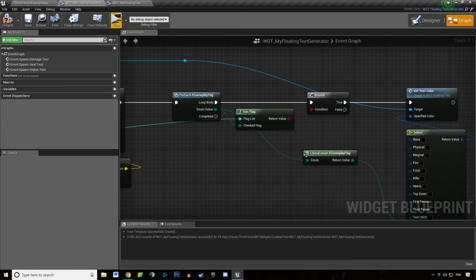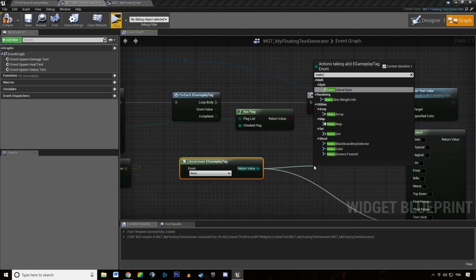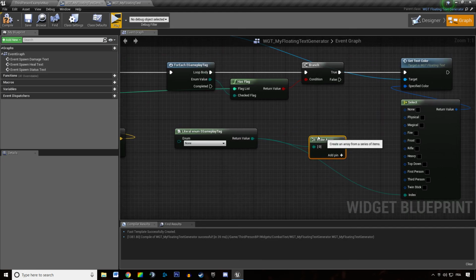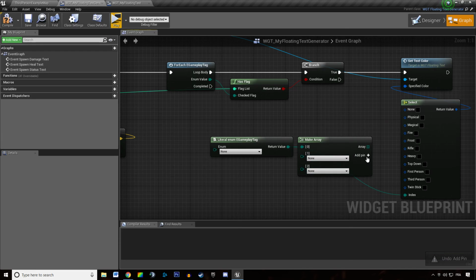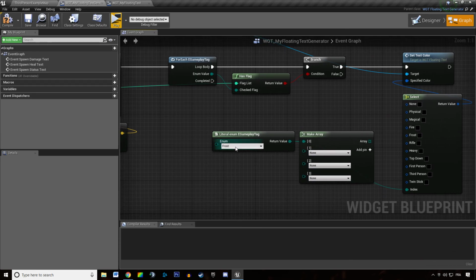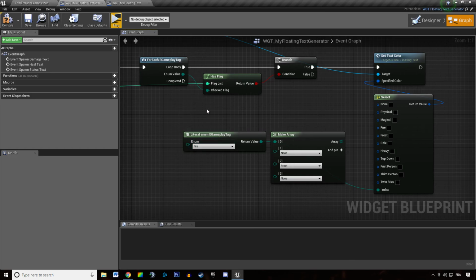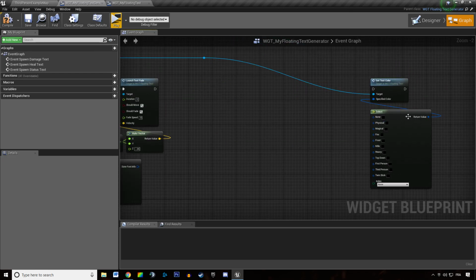So maybe you just want to loop through, for instance, fire, frost, or anything you know is not going to be applied twice. You know the damage is not going to be fire and frost at the same time, or you will need to specify